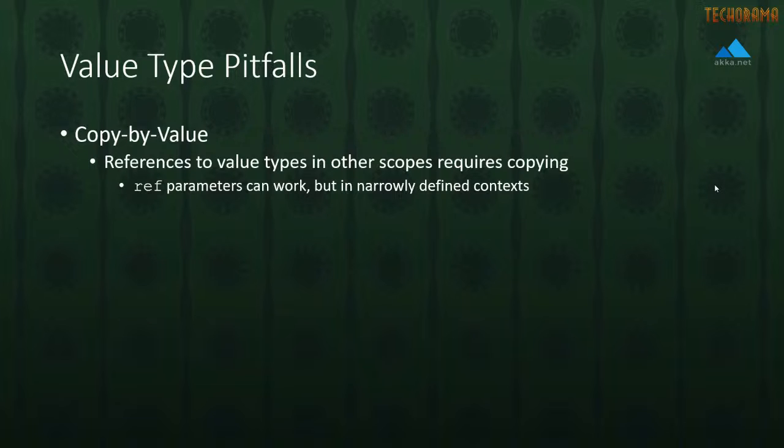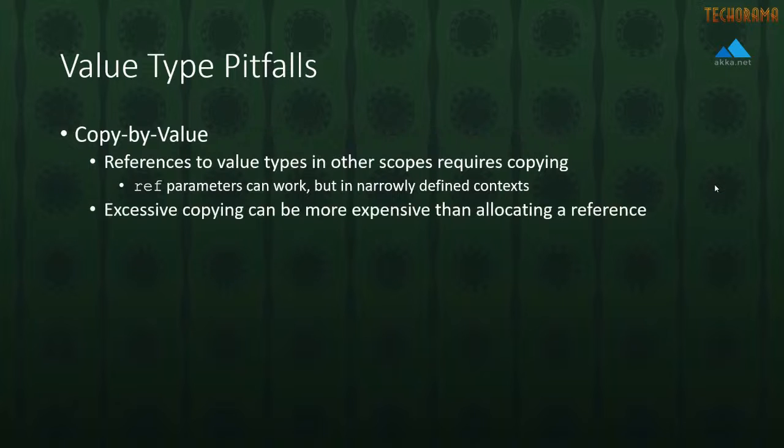Now you can use what's called a reference parameter to essentially have one function reference another function's stack allocated memory. And that can work really well in tight loops, but it's not going to work well across multi-threaded, asynchronous programming boundaries like the type that you run into when you're using IActorRef.Tell, or if you use an await call. That's just not going to work. You're going to need to have a copy by value semantic in there.